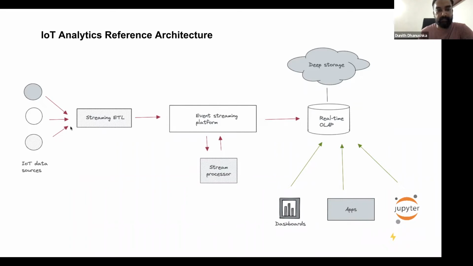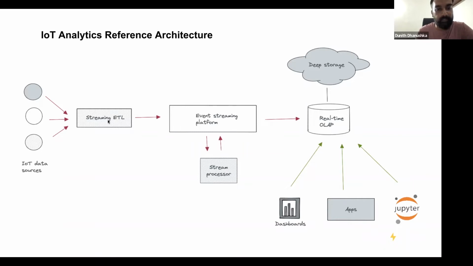Data must be collected, transformed, and delivered to some sort of temporary storage. That's where a streaming ETL pipeline can be plugged in. We can consider a variety of streaming ETL solutions here, like Apache Flink or any other technology to build these pipelines.